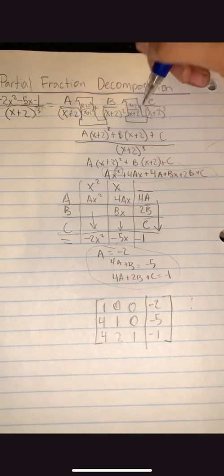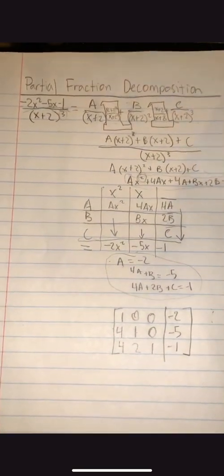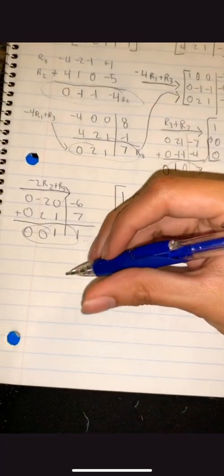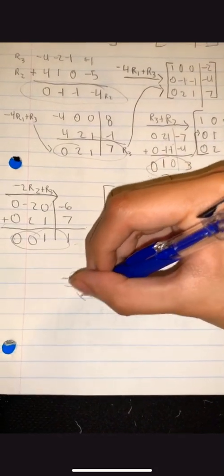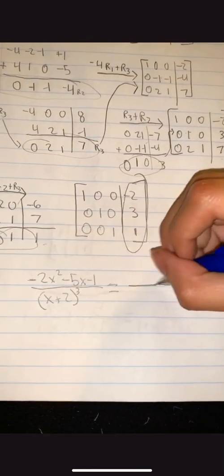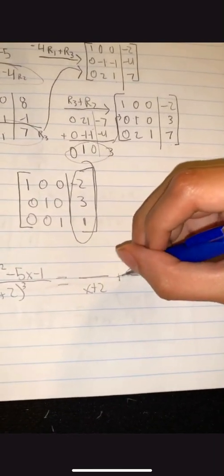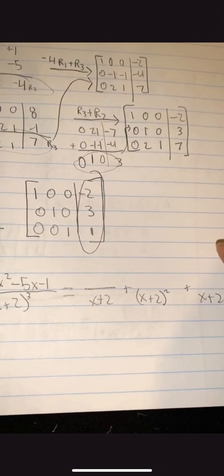And what this looks like, so what we want to do, we want to go back to what we had last time, right here, seeing how we used A, B, and C. So what we do is replace it with our final answer that we got earlier. We replace it here. So what that looks like, it'll look like this: This is the original problem. Negative 2x squared minus 5x minus 1 over x plus 2 cubed. And then this equals, so what we had originally was x plus 2 plus x plus 2 squared plus x plus 2 cubed,